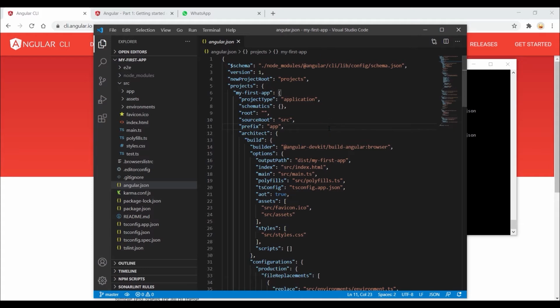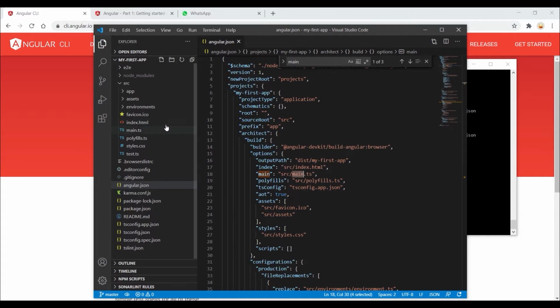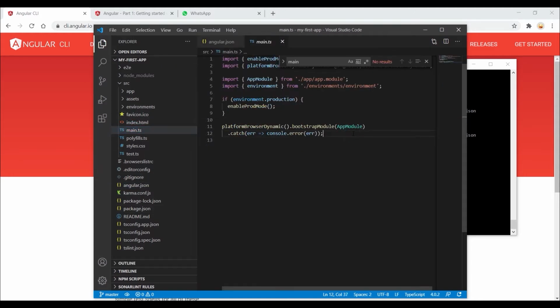So if you see here, main.ts must be written over here somewhere. Yeah, so this is the main file, the main.ts file. This is the first file which will bootstrap my root module. So if I see here in the main.ts,